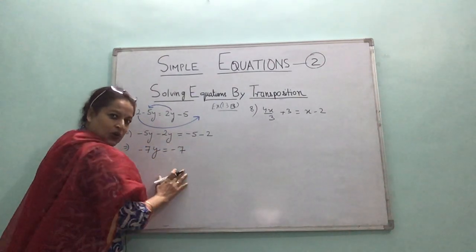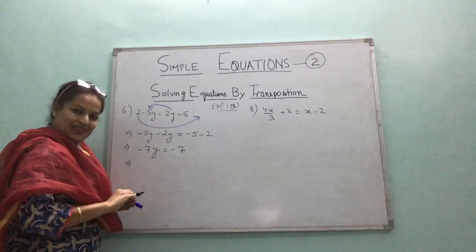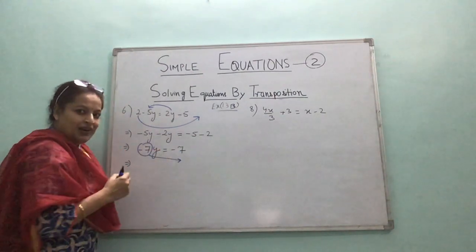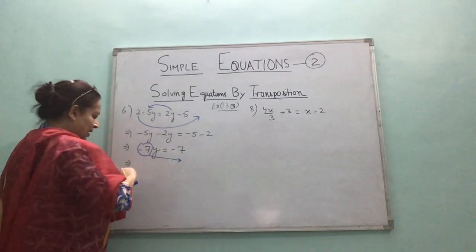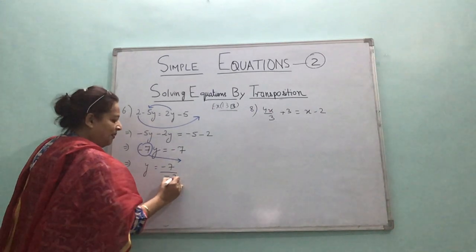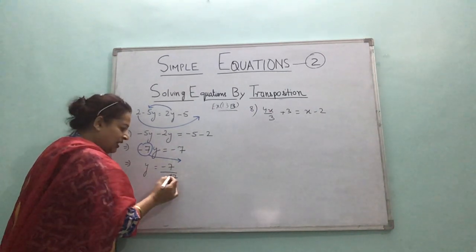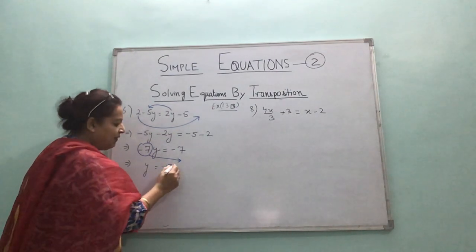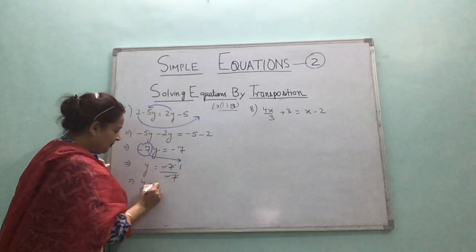These I have added according to rules of integers. Now, cross multiplication. When you cross multiply, this would go here, divide, but the sign does not change. So minus 7 only divide here. So here it is, y is equal to minus 7 divided by minus 7. Now a negative divided by negative is ultimately positive, right? It is positive, and 7 divided by 7 is 1. So what is the value of y, children? 1.